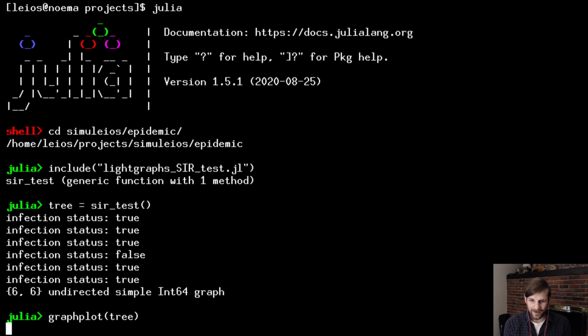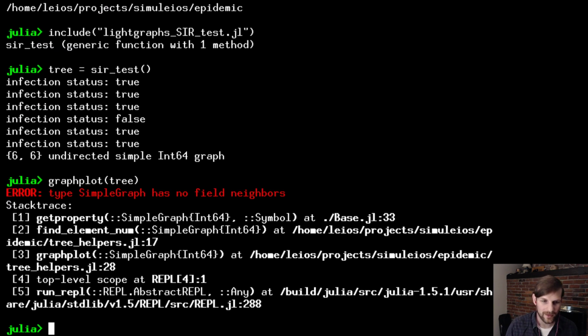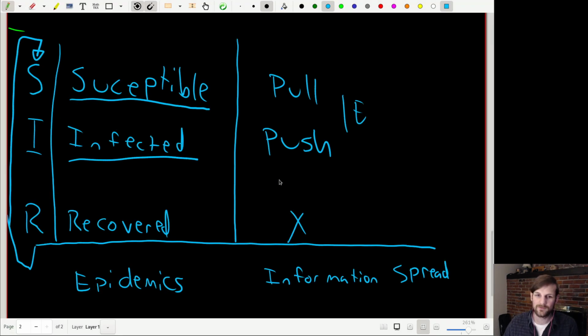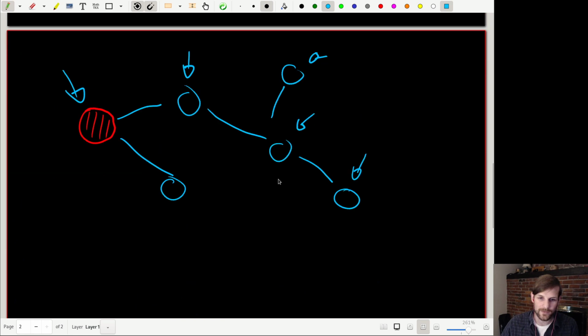Okay, that was most of what I wanted to cover today. There was a little bit more detail here and there that I wanted to talk about, but I did have a lot of technical difficulties, so I kind of went through those as they came up. I think I know what this problem is as well, but I'm not going to worry about it too much. The point is that when it comes to information spreading across a network,